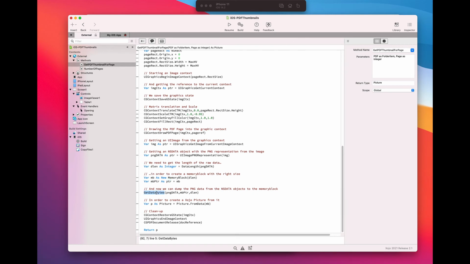As you can see from Apple's documentation, this function expects as parameters the pointer to the NSData instance itself, the pointer to the buffer where the bytes should be copied, and the number of bytes to copy. Once we have the bytes of the PNG representation in our MemoryBlock instance, then we only need to create a new picture instance, using for that the well-known Picture.FromData shared method and passing to it the MemoryBlock variable as parameter. With these two methods in place, plus the NSRect, NSPoint, and NSSize structures added to the same module,